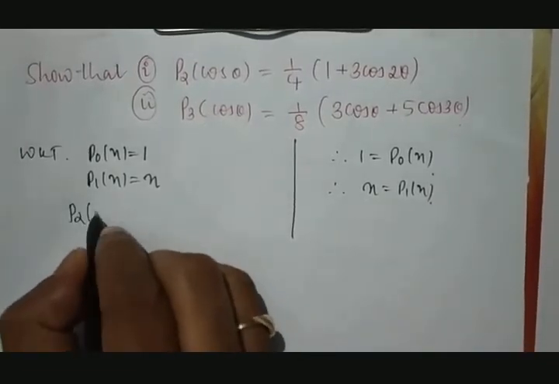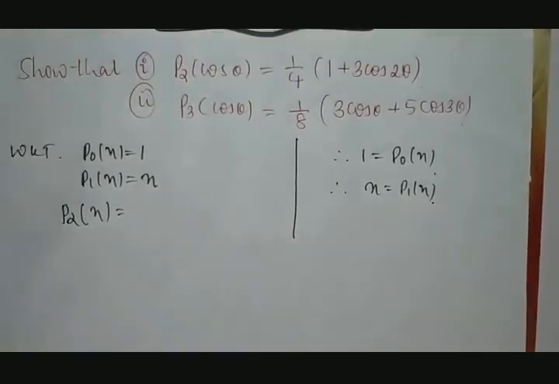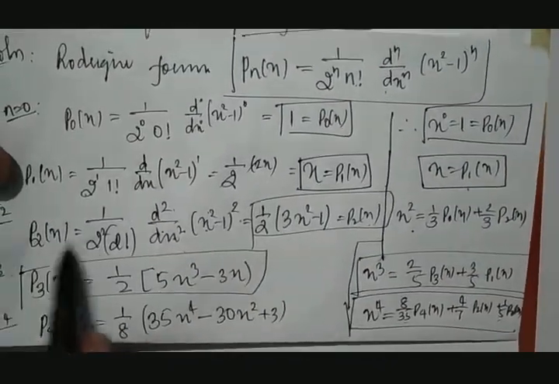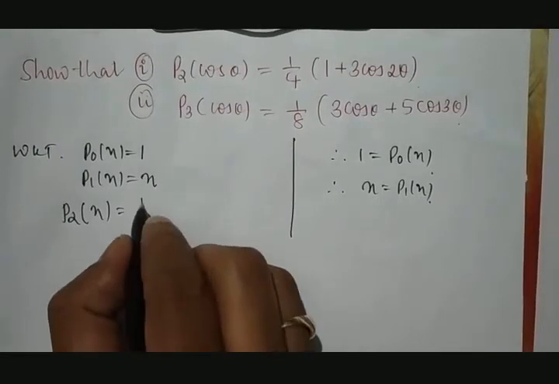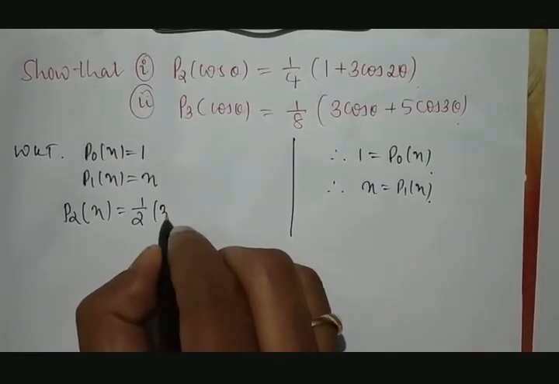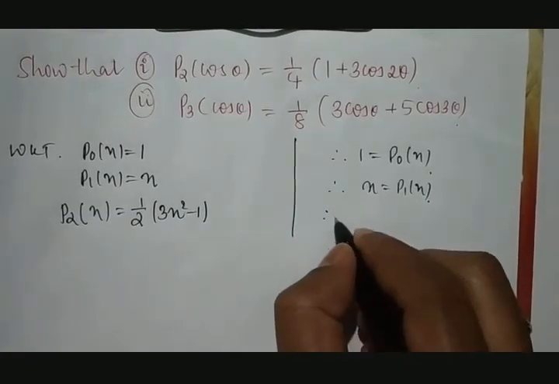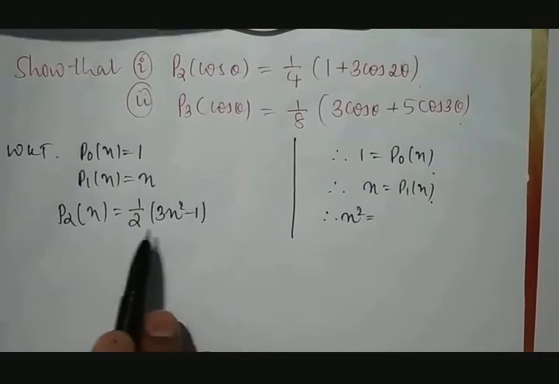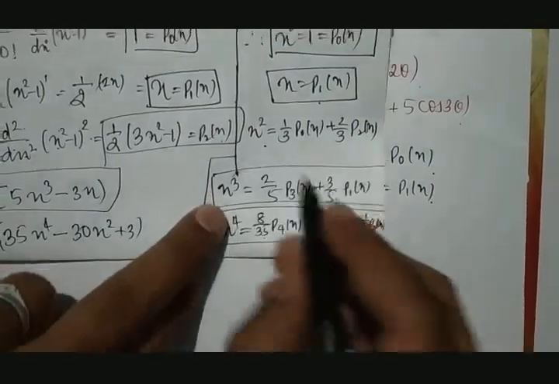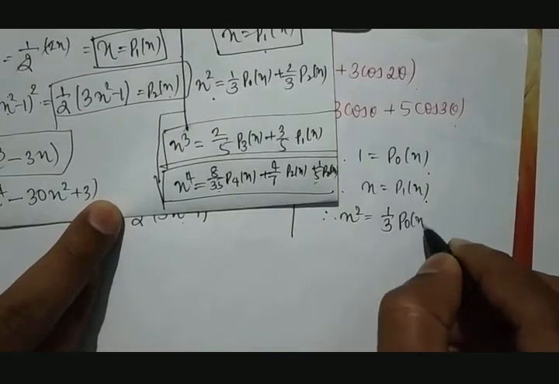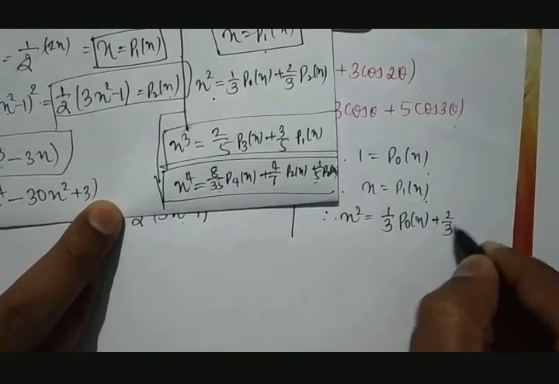Then P2 of x is equal to, either by Rodrigues or by Legendre, 1 divided by 2 into 3x squared minus 1. Therefore, x squared, with just a modification to get x squared, is equal to 1 divided by 3 into P0 of x plus 2 divided by 3 into